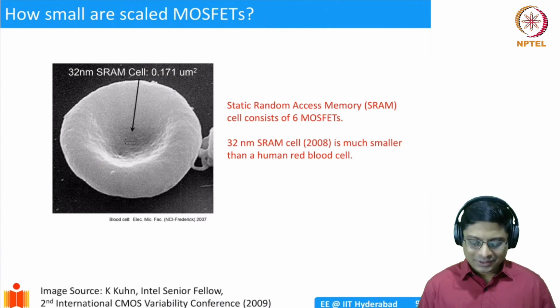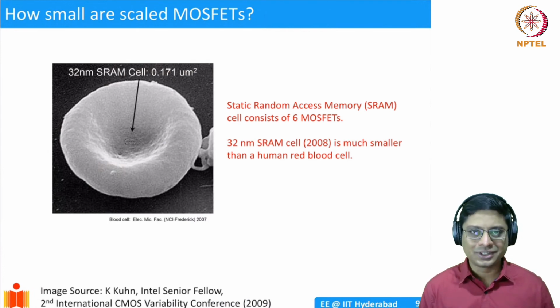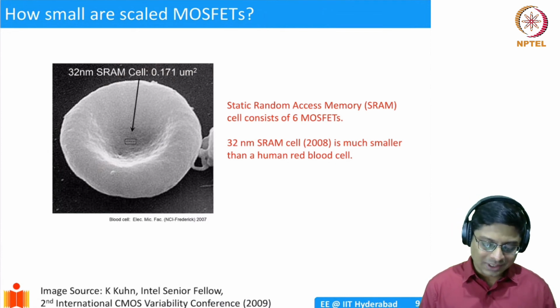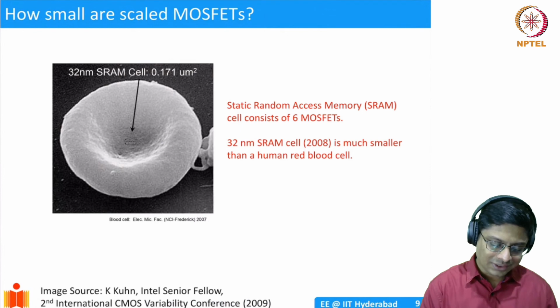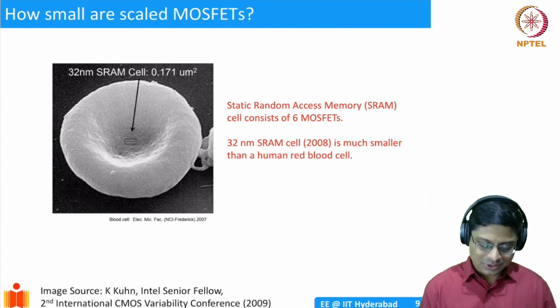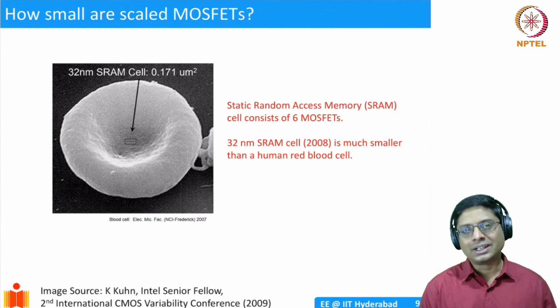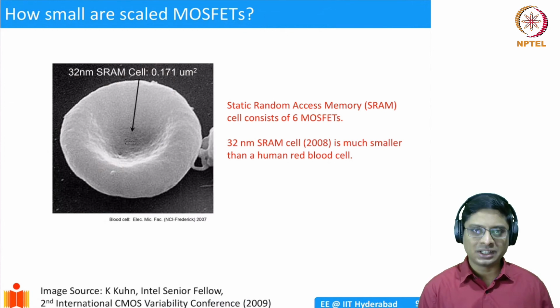And I'm not even showing right now the images of the latest MOSFET. This is still 10 years back. In the lecture after next, I'll show you some images of the latest MOSFETs. But before that, this is 32 nanometers technology, which is about 10 years back. And in a particular technology, the size is what we always brag about. All the semiconductor industries brag about the size, right?